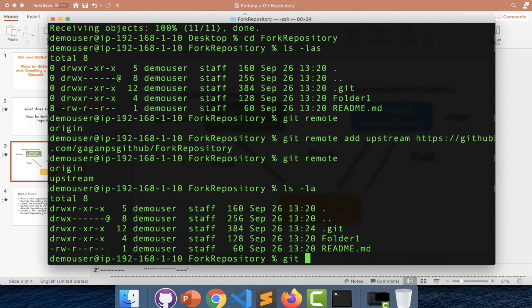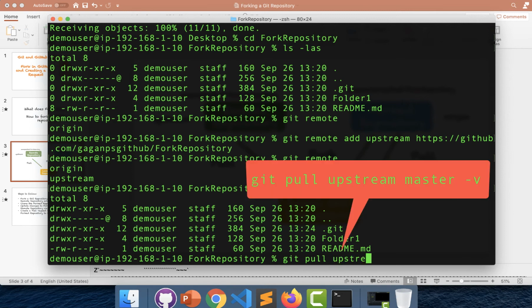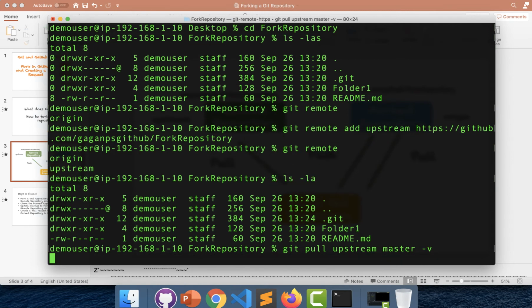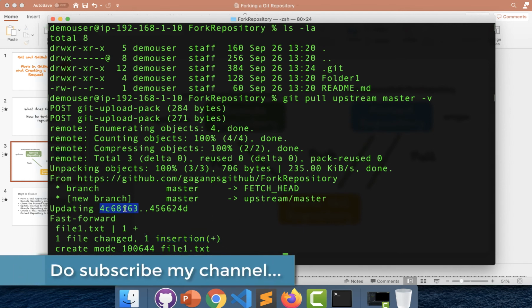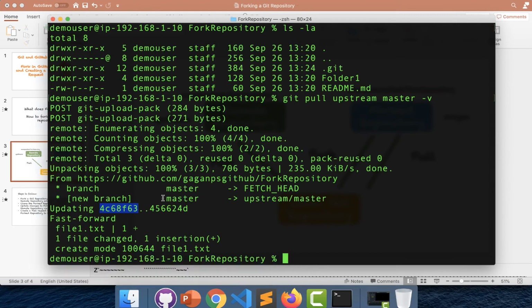So I will do a git pull, and then you have to provide the name. So I will say the name as upstream, and I will say which branch, and you can see it is trying to pull all the changes. Now it has said one file is changed and one insertion has been made, which means one file has been updated, and the commit has changed from this particular commit to this particular commit.